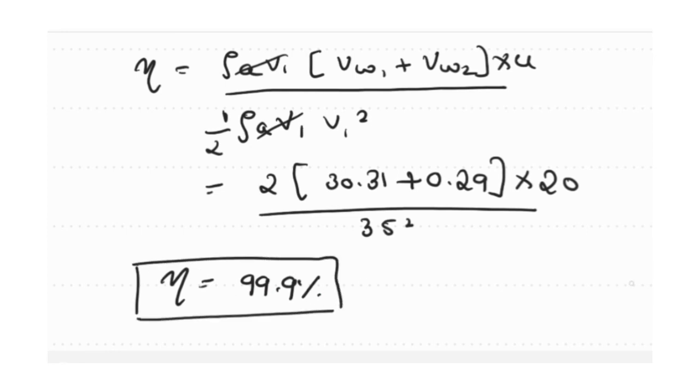99.9%. So the only difference between the single vane and series vane is that in the series vane we should multiply V1 in the mass per second instead of VR1. Here in the single vane we are multiplying VR1. So that is the difference between single vane and series vane. Thank you.